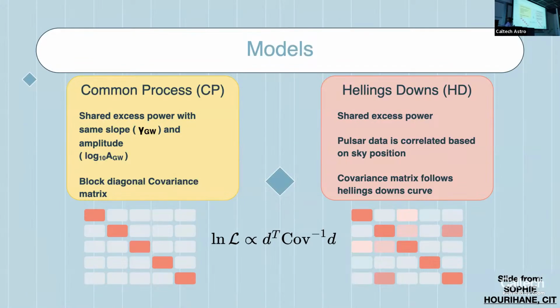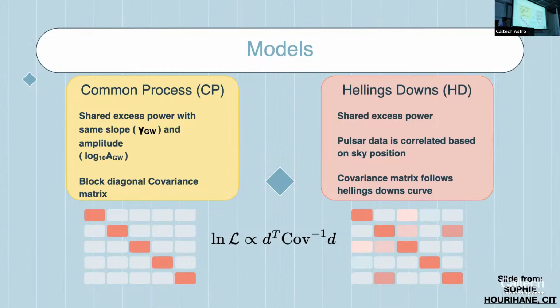So in the end, if our goal here is to measure correlations between our pulsars, because that's really the characteristic of the gravitational waves that we're searching for, then what we do is we compare a model that includes these Hellings and Downs correlations to a model that includes no Hellings and Downs correlations, but does include the intrinsic red noise and a common spectrum. So over here, we have that common spectrum, that blue that's in all of the pulsars, but we're assuming that it's not correlated. And over here, we're accounting for those correlations.